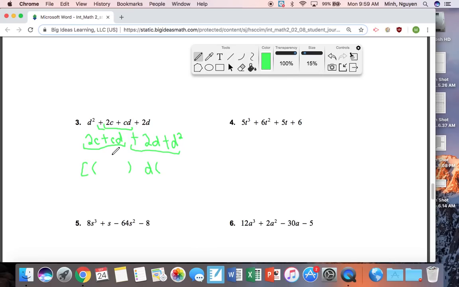So what I just did was show you that you can rearrange it, and that is a thing you can do. You can rearrange it in any order you want, in order to group things that have something similar that you can factor from both of them. So I looked at this and I said, oh, d squared and 2c, I can't factor anything. Well, I have to write something together that you can break into groups and factor. So yeah,